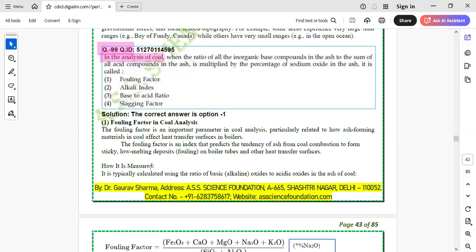So we can see here that question number 99 says, in the analysis of coal, कल भी हमने बात की थी कि कोल के दो तरह के एनालिसिस होते हैं, एक प्रॉक्सिमेट और एक अल्टीमेट। प्रॉक्सिमेट में आप फिक्स कार्बन और ऐश कंटेंट, और अल्टीमेट में कार्बन, हाइड्रोजन, ऑक्सीजन, नाइट्रोजन, सल्फर, ऐश, राइट, ये सारे करते हैं। तो when the ratio of all inorganic basic compounds in the ash